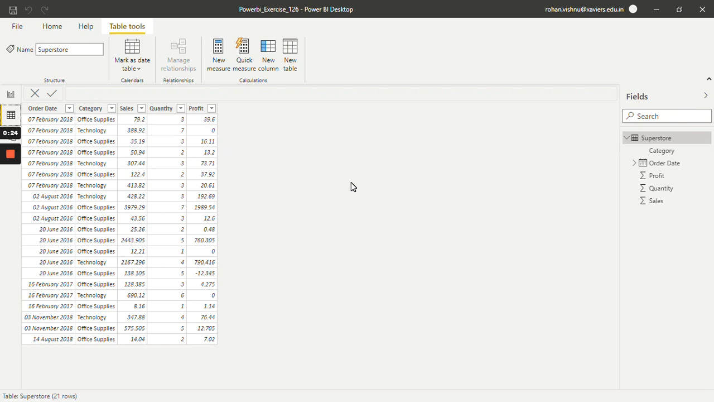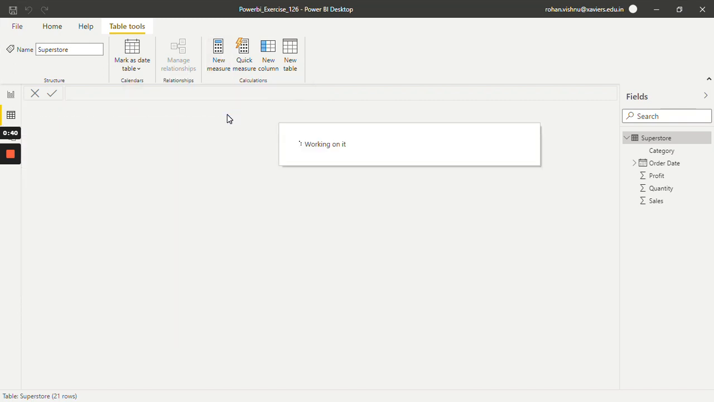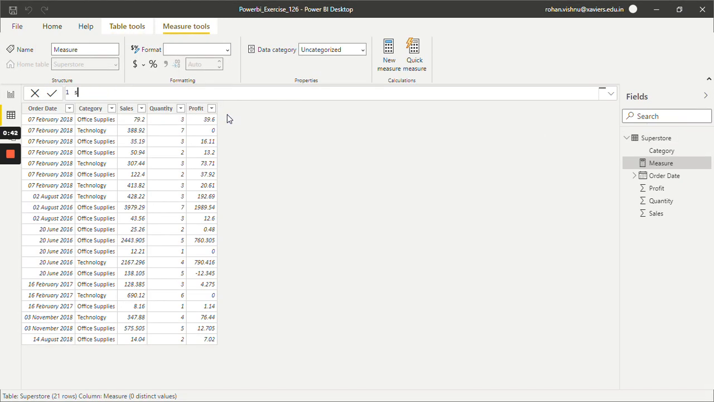Now let's say I want to calculate the sum of sales done by the technology category. This I will do with the help of the CALCULATE function. So let's see how we can do this. For that, go to Table tools and click on New measure. Over here, let's give it a name, let's say sales_technology